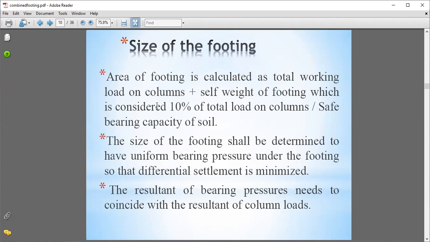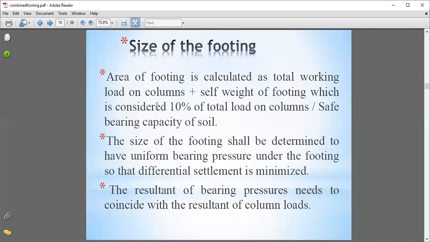ज्यावेळेला आपल्याला बघा square footing असेल, if we take the direct square root of the area, then we get the two values, width and the length. But if that footing is a rectangular footing, then we have to assume width or the length. And based on this, we have to calculate the width and the length. एक जर assume केली तर based on this, we can calculate the other. So that is the size of the footing.